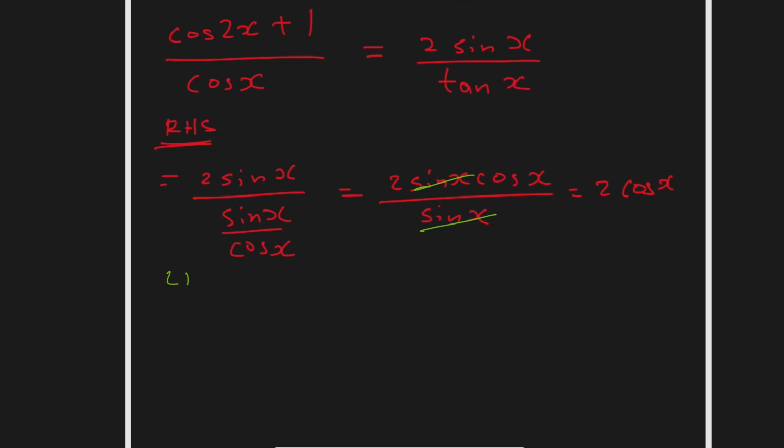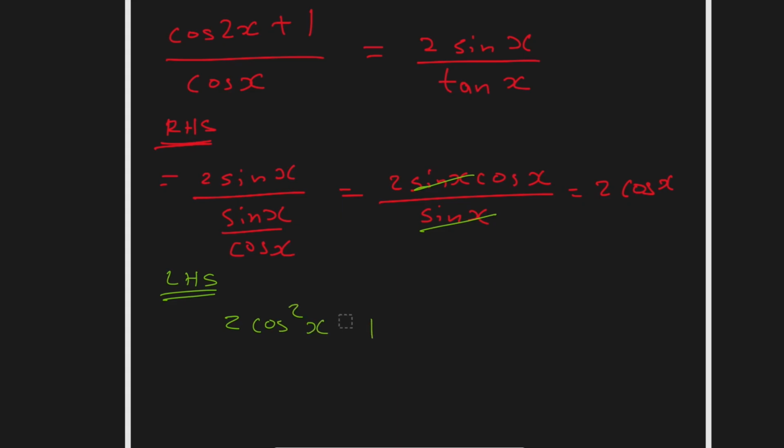So on the left-hand side, what do we have? We have cos 2x, plus 1, over cos x. So look at the answer that we have. The answer that we have is cos x. If we have this double angle of cos, we don't want to change it to anything that has sine, because that will actually get us to work more. We want to get straight to cos. So we're going to change this to an identity that has cos. Remember, the double angle of cos, we can also write as 2 cos squared x